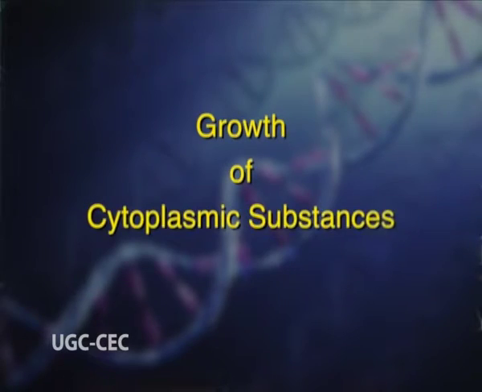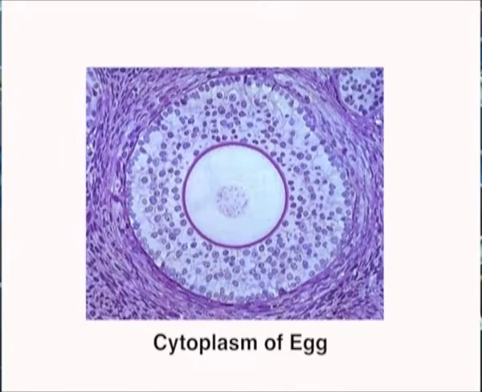This high rate of gene activity is correlated with the fact that gene reduction, that is meiosis, does not take place until after the growth of the oocyte has been completed. As a result, the oocytes remain tetraploid for a long time. Growth of cytoplasmic substances. The amount of cytoplasm of the oocyte increases both quantitatively and qualitatively during this period. Young oocytes in many animals show a very simple organization due to poor cytoplasmic inclusions,